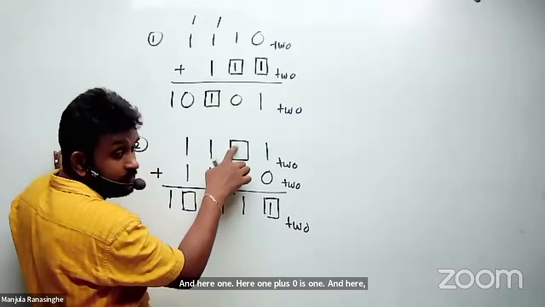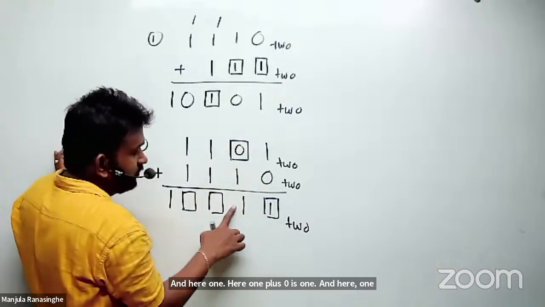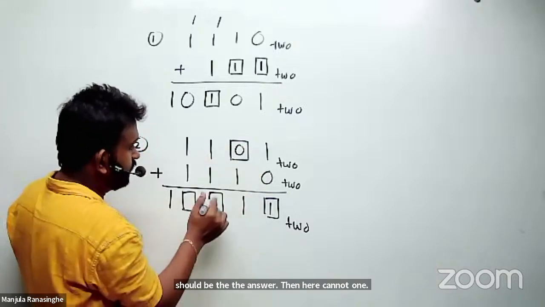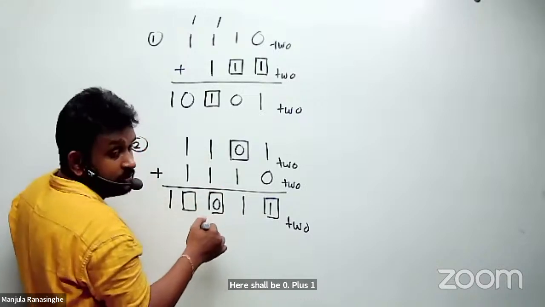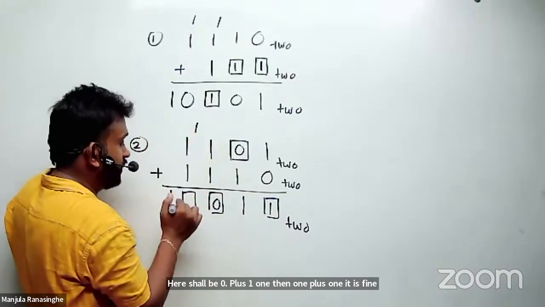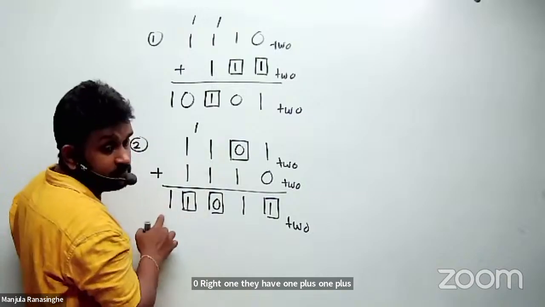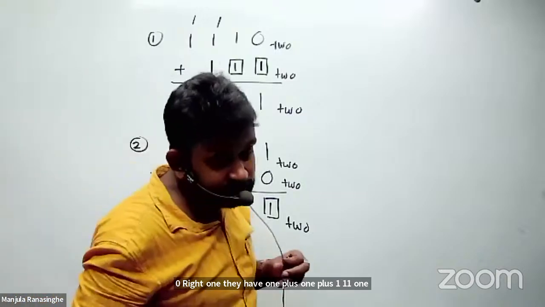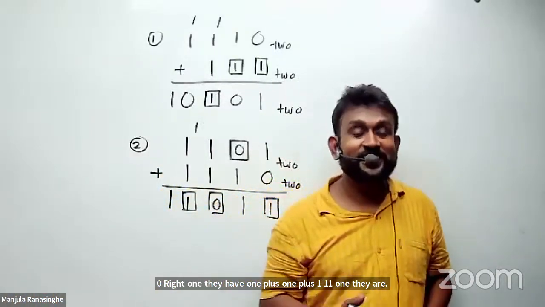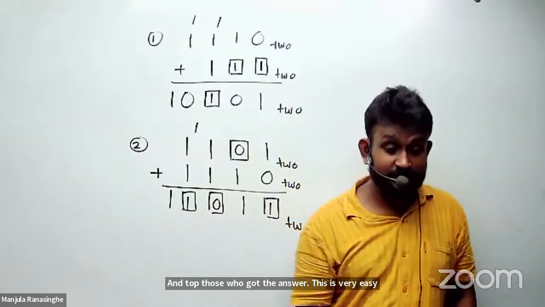Then here cannot be 1. Here shall be 0 plus 1, 1. Then 1 plus 1, it is fine, 0. Right, 1 there. 1 plus 1 plus 1 is 11, 1 there. Hands up those who got the answer. This is very easy compared to the questions that we completed. Okay,